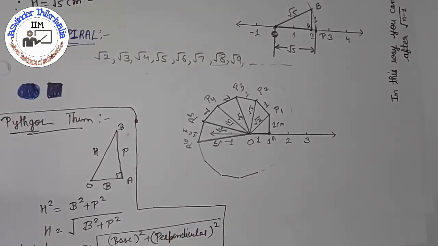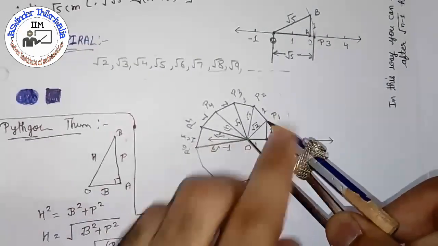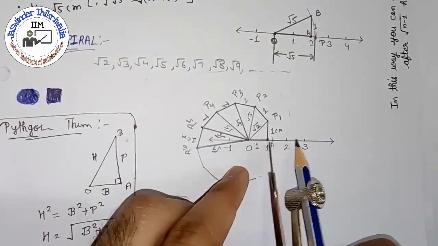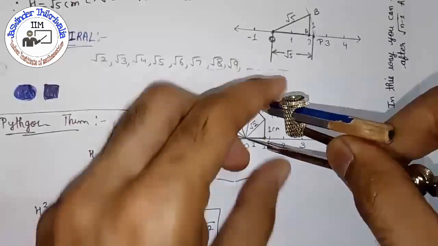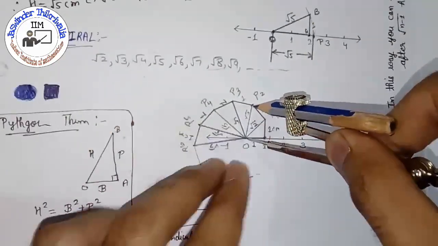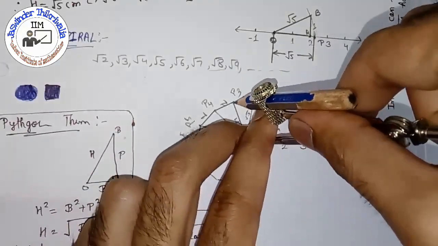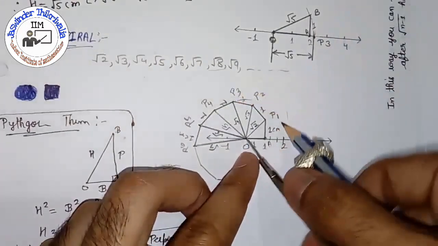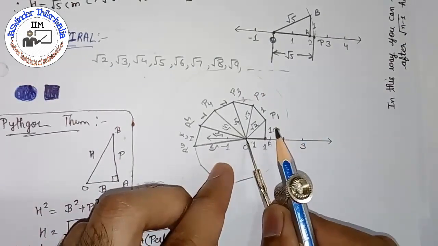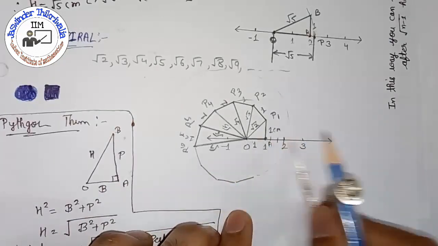So now by this method, you can locate all these points on the number line. How can you locate them? Open the compass equal to under root 2, then cut it on the number line. This O to P1 will be your under root 2. Then open your compass equal to O to P2, then draw an arc. This will give you point P2 on the number line. Then same for 4. 4 will coincide with 2 only. So now like this way, from O to P1, O to P2, O to P3, O to P4, O to P5, O to P6, you can locate them on a number line.